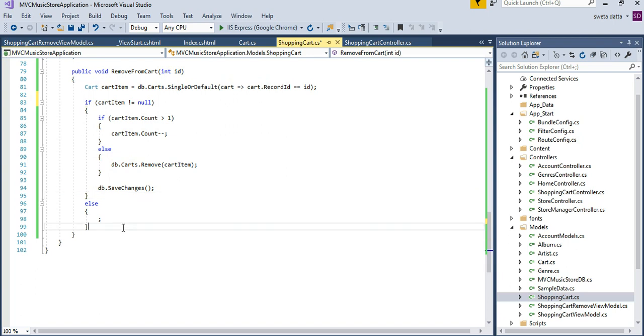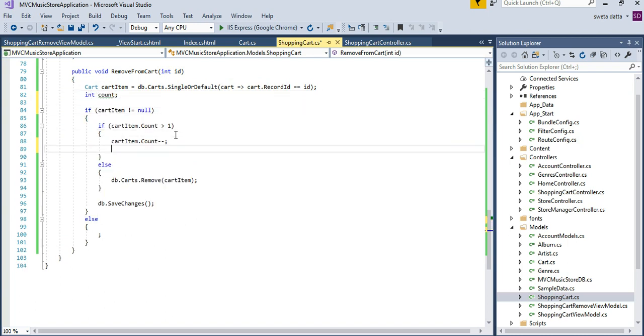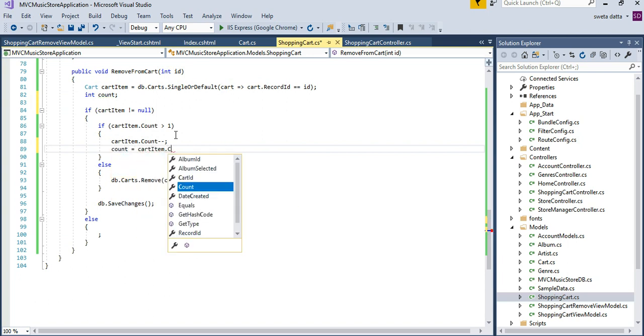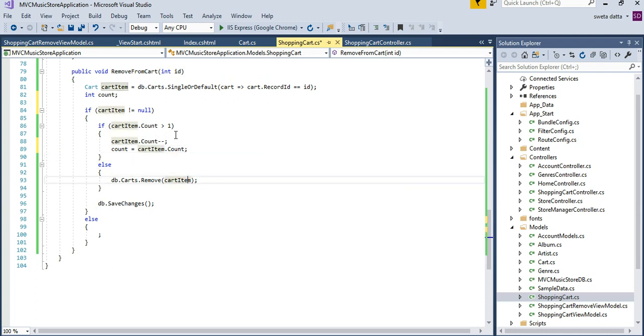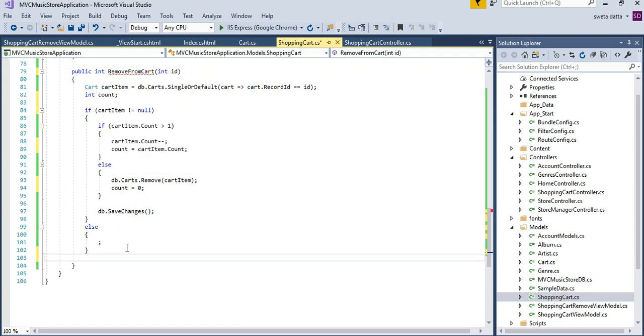Let's see what it has to return. The main thing that changes is going to be the count. So I'm going to define a variable here, count. In either situation, I need to return count. So maybe that is a good variable to return. So maybe I can return